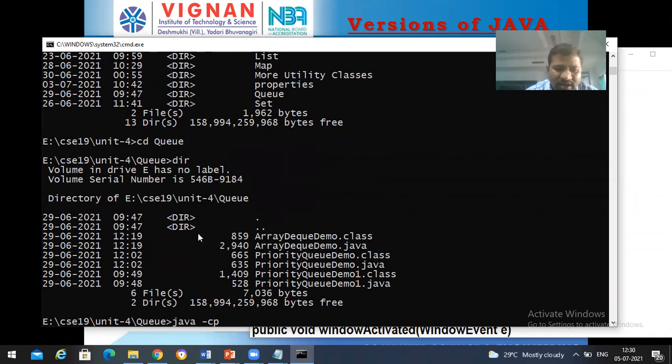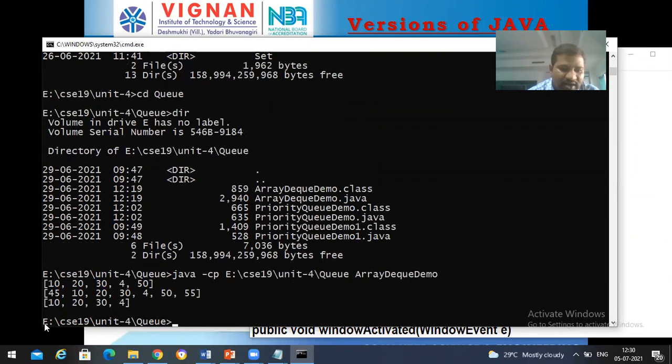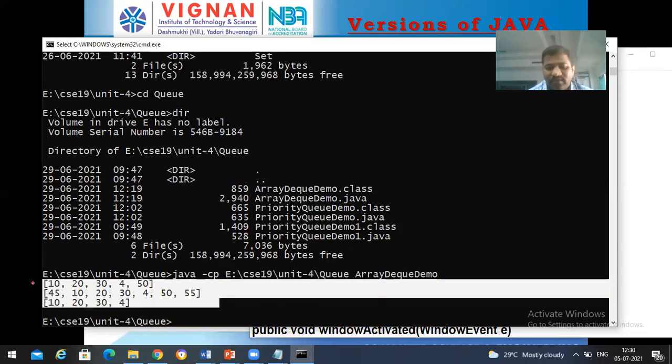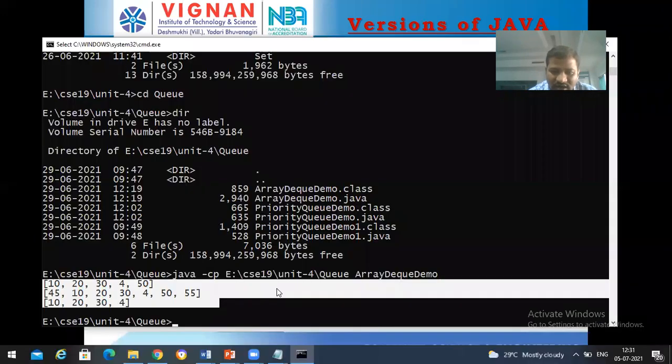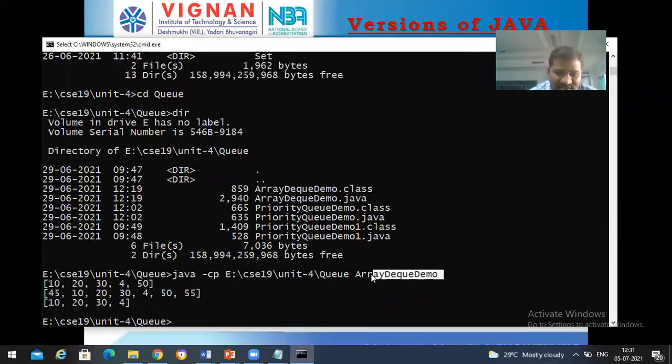Java -cp. I'm going to execute some program. So this kind of thing can be called a character user interface, where we'll be getting the data on the console itself. That means this is a standalone application. Your array dq demo is going to be one standalone application, and this standalone